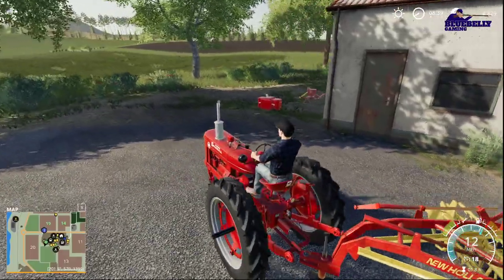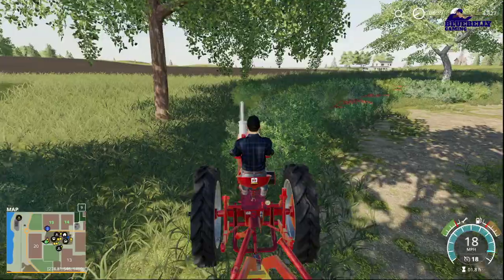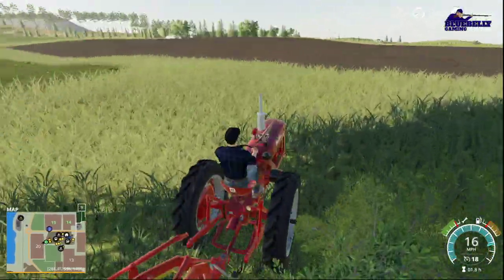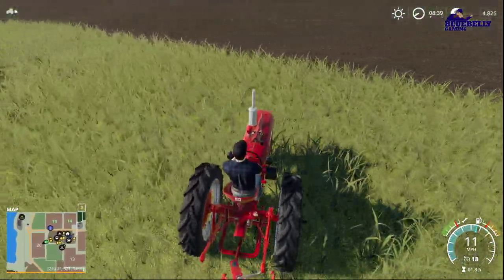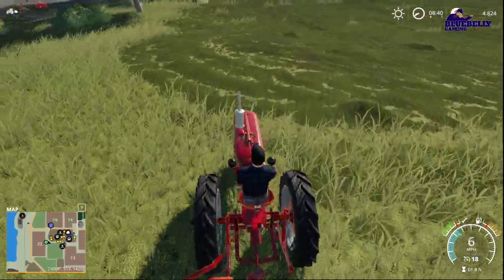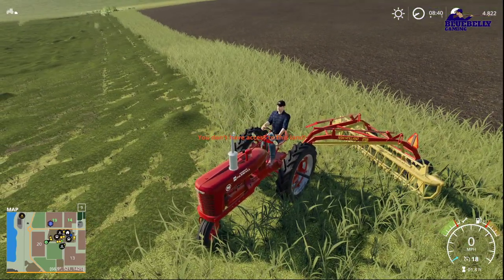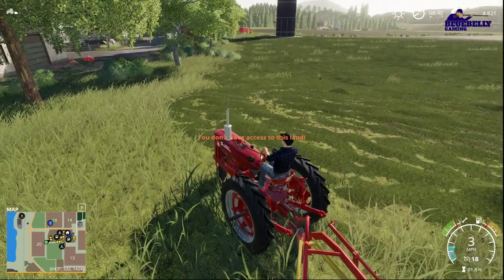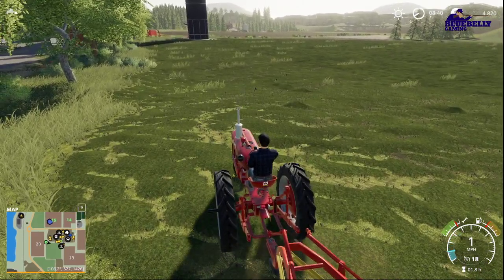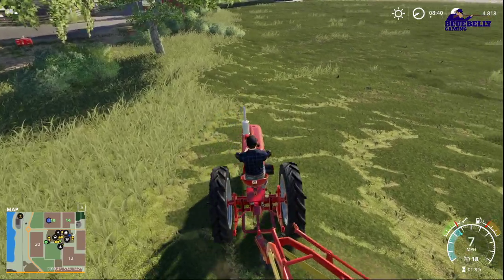So we want to rake the outside in. Wow, this thing hums along pretty good. Okay, so we want to rake the outside in. I think we just turn it on. Oh gosh, the steering on this thing. I mean, I'm not faulting the mod. It's great, but...